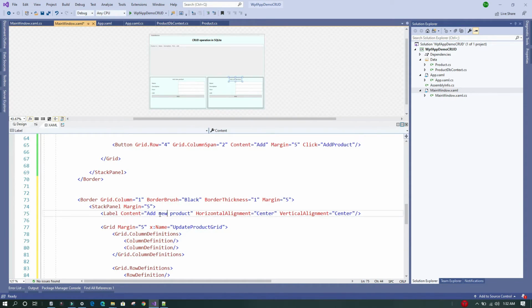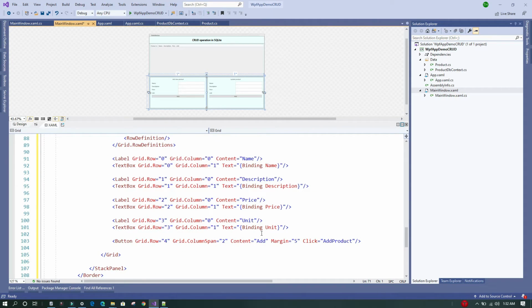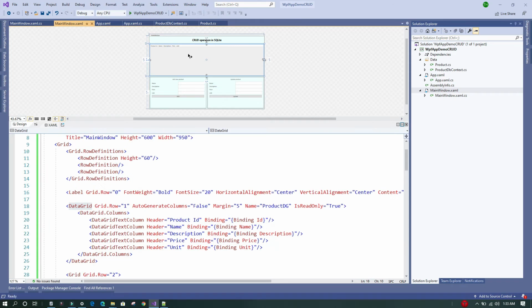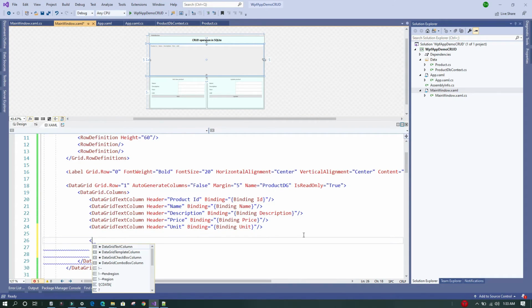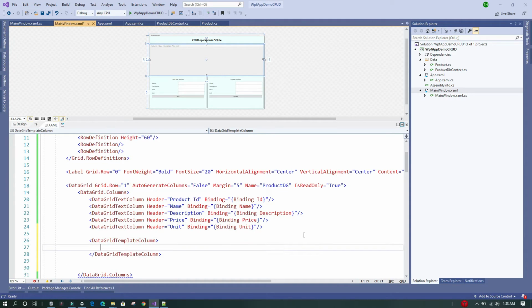Okay, and we will say update product. Now everything remains the same. If we come down to the button, we need to say update, and on the click event we want to have an update button. Now how do we bind it? For that we'll go to our data grid first, and we will add a new column, and that will be of type template column, and within this